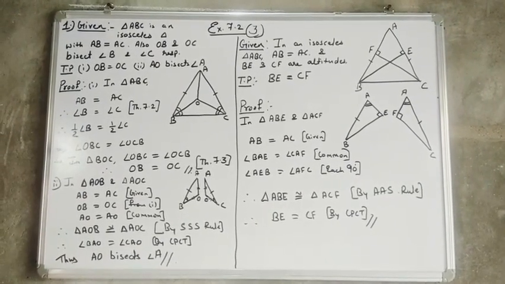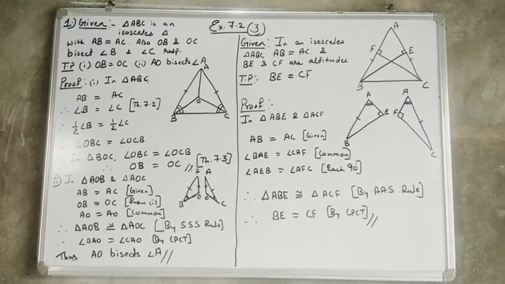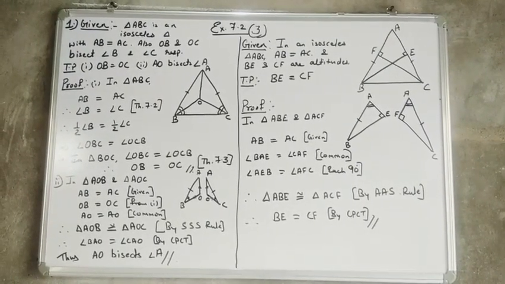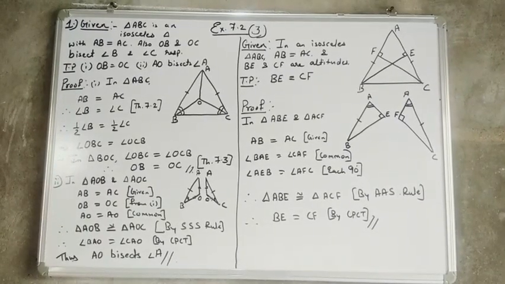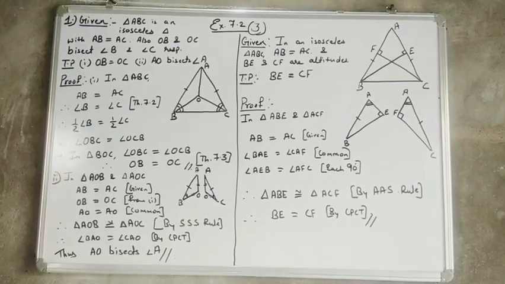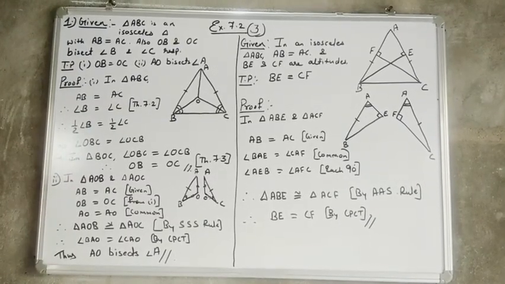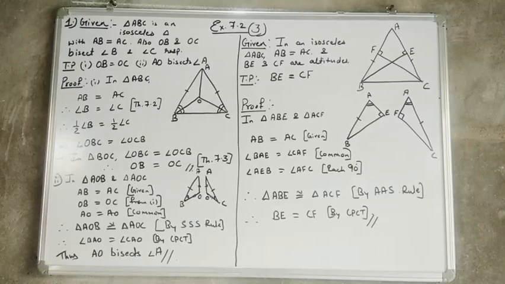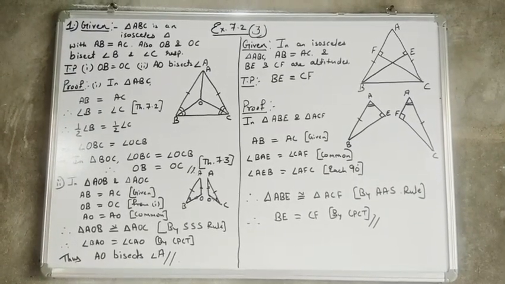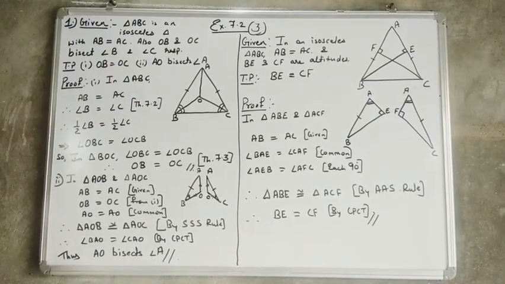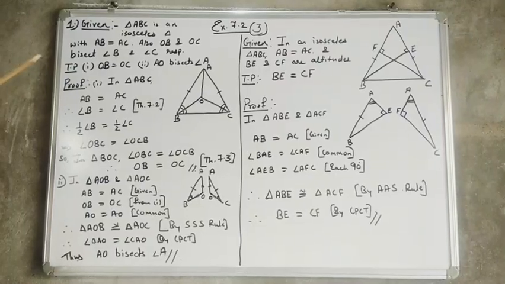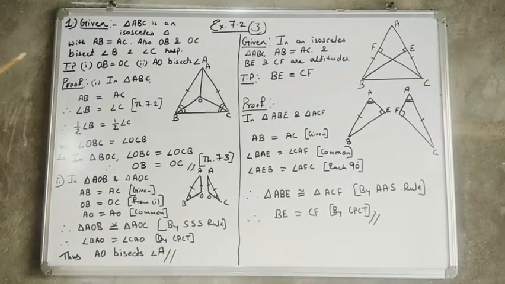Good morning, students. In the last video I explained two theorems, 7.2 and 7.3, and their statements. Having understood the theorems, we are now solving exercise 7.2, which is based on the 5 congruency rules along with theorems 7.1, 7.2 and 7.3. Using all these, we will solve exercise 7.2 and also 7.3. Both exercises are based on the 5 congruency rules and theorems.